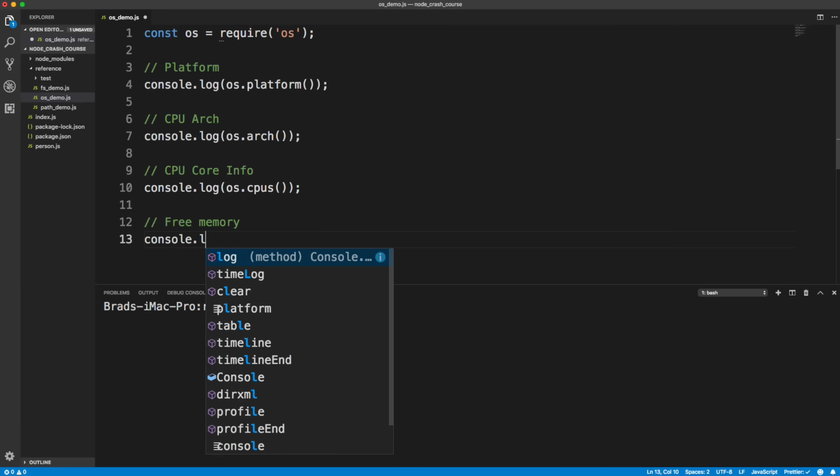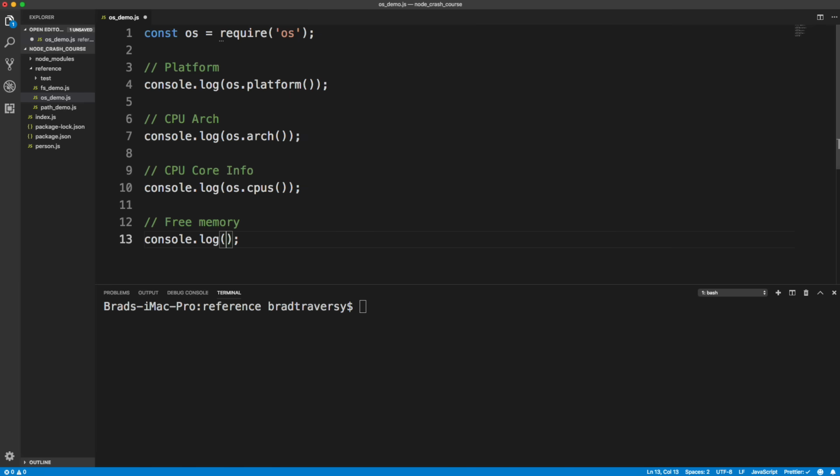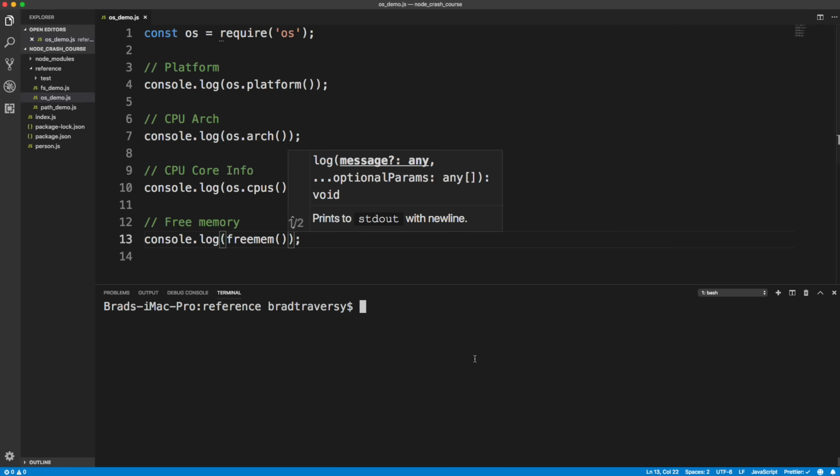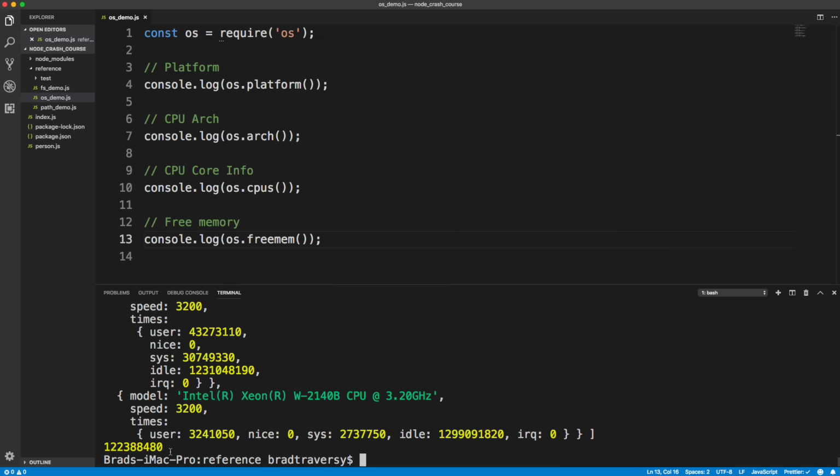We can also get stuff with the information about the memory, so like the free memory. So console, and this is really cool because you can build apps that have to do with your system, you know. So let's do free mem. Oops, I'm sorry, os dot free mem. And if we run that, you'll see right here it gives us the amount of free memory, and we can also get the total memory